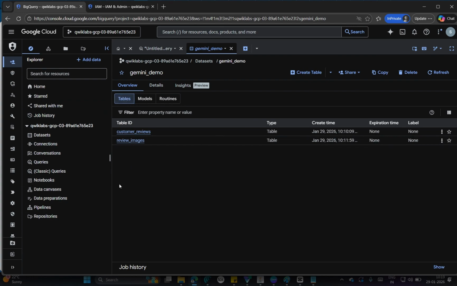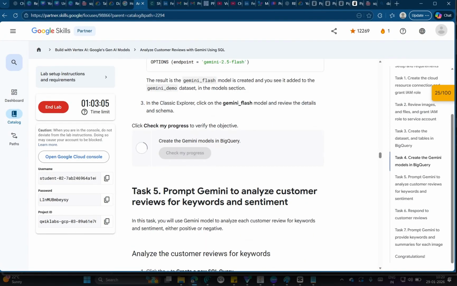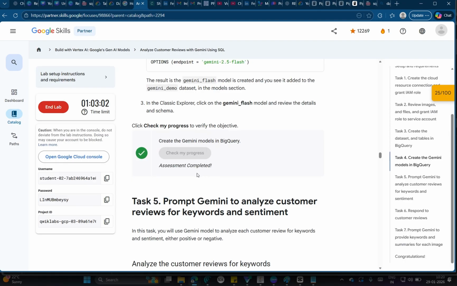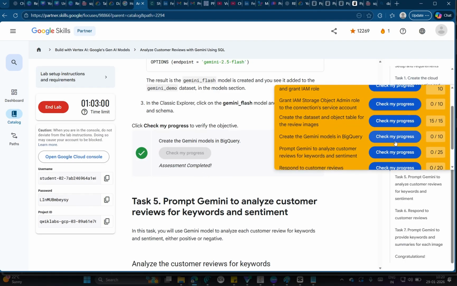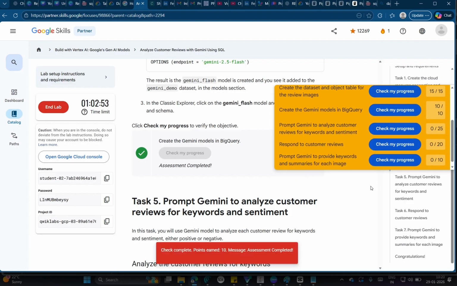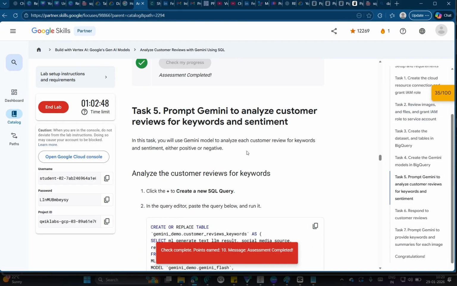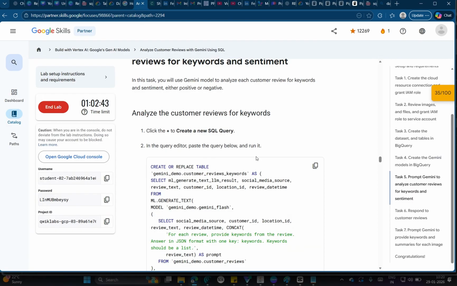And now let's see task 5, analyze reviews for keywords. Task 4 completed. Okay, accomplished. Gemini models created. Okay, 35 points. Now prompt Gemini to analyze customer reviews for keywords. Now here